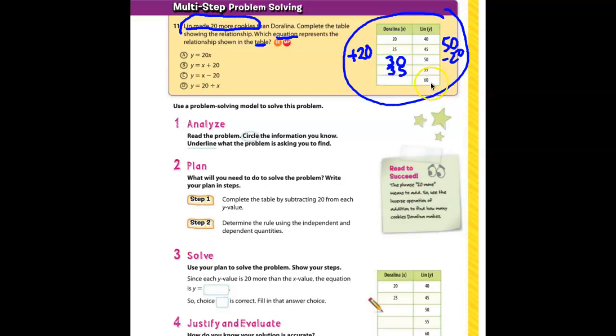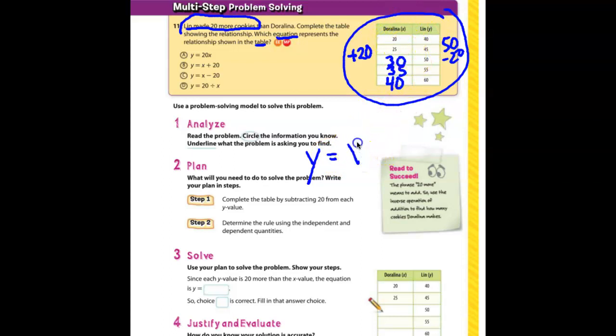And what is 60 minus 20? Sorry. That answer is going to be 40. Very good. So we've completed the table. Now we have to write our equation. The equation always starts with the dependent variable y. They've chosen y as the variable too. So y is equal to